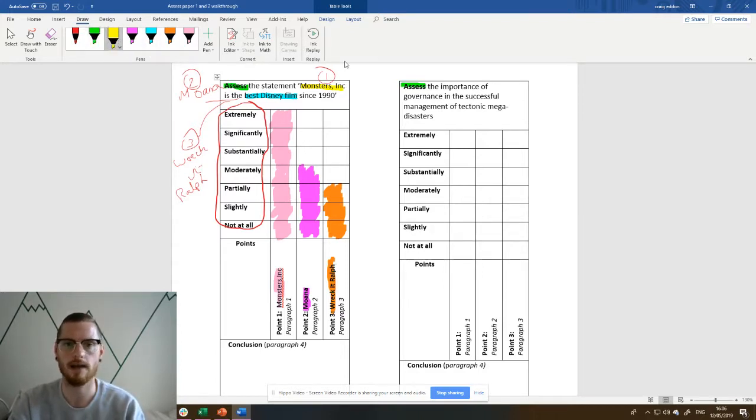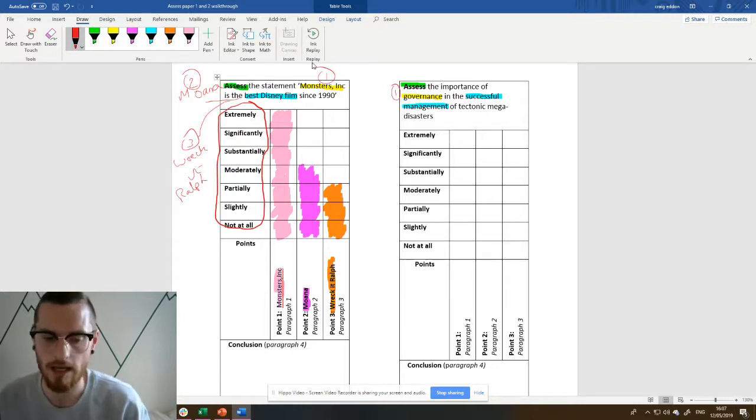Then I'm going to pick out the key factor. Okay, what are they telling me to weigh up? Okay, I've got governance. There you go. I've been given one factor, and then I need to find that key geographical phrase, and they want me to refer to. Okay, to weigh up my paragraphs, my points, my factors, and that is the successful management. There we go. Okay, so I'm going to number my key factor. I've got 1 key factor, and now I need